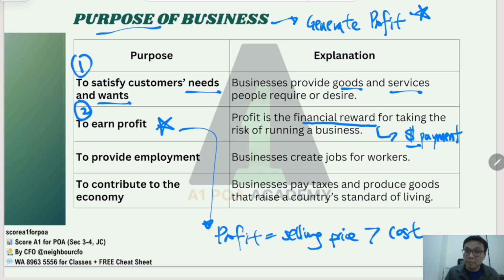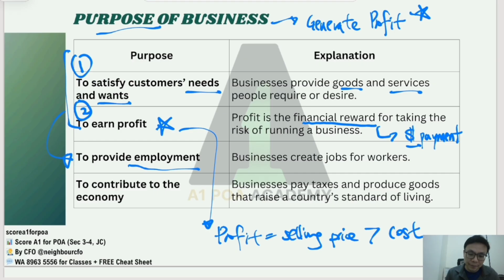You will need a team to help you to get the goods and services ready before you are able to deliver to them. And therefore, you need to hire people, right? You need to hire staff. You need to hire the team, the capable team, to be able to help you to get the goods and services ready, to push out the goods and services to the awareness of all these potential buyers, customer, before they decide whether or not to buy from you.